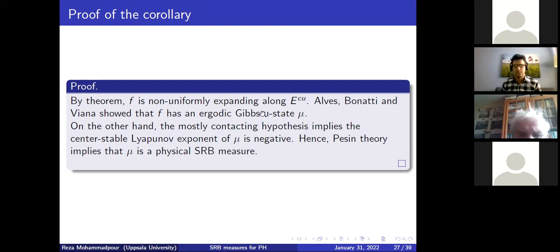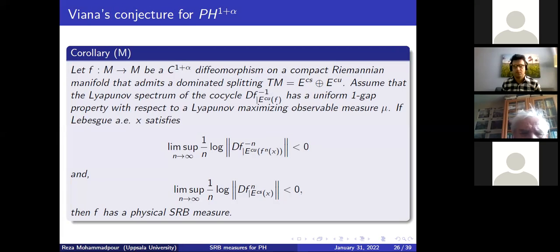Do you assume this dominated splitting is on the whole manifold? Yes, but it also works if you restrict to some attractor. I haven't written it carefully, but if you have some attractor, restricted to the attractor, everything works. I was lazy, I just wrote it for the whole manifold. We need to restrict everything to this invariant subset. I have the right intuition that all this is about invariant cones.